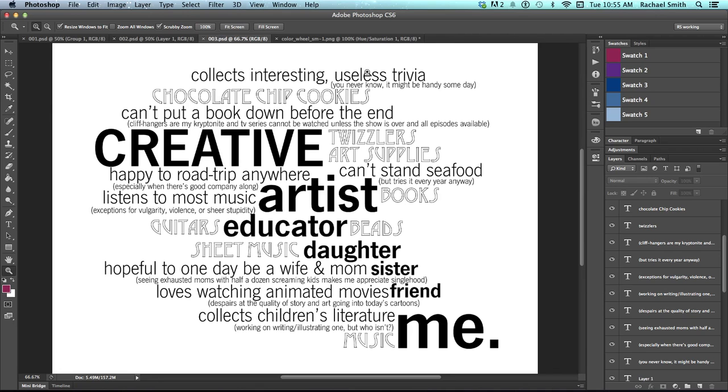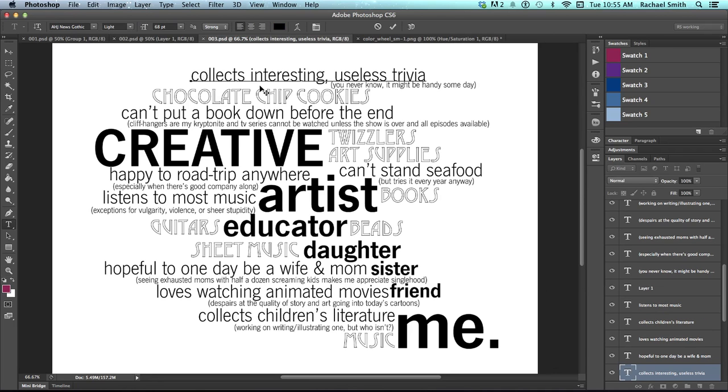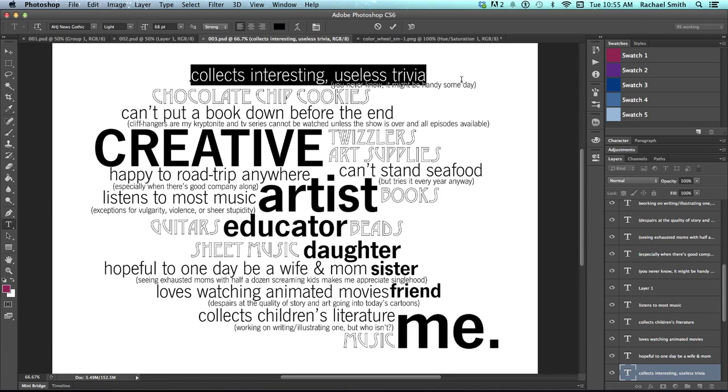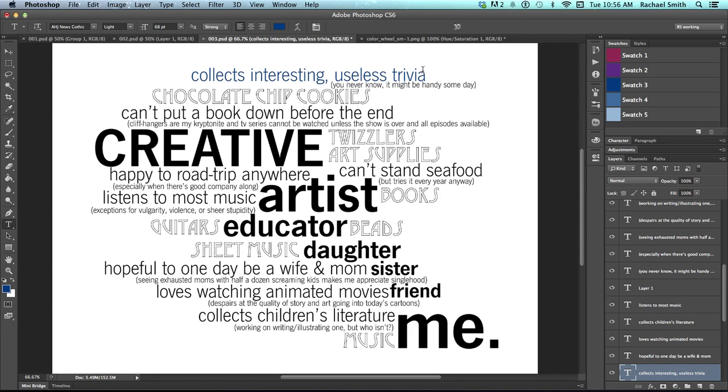There's a couple ways, and I'll show you my favorites. You can always grab your text tool by hitting the T and actually clicking in a font and highlighting it and then choosing a color to change it to. But you'll notice it doesn't actually show up on your screen as that color because having it highlighted inverts it. So I'm going to hit enter. Now I can see it's blue, but there's an easier and better way to do this,